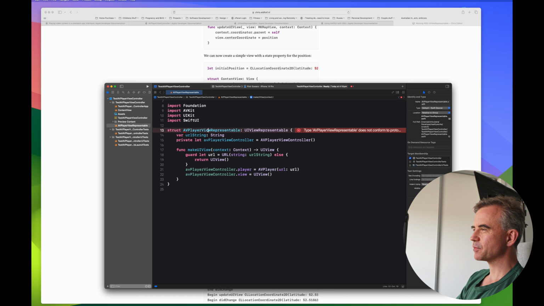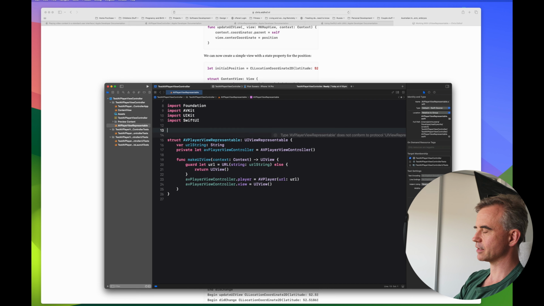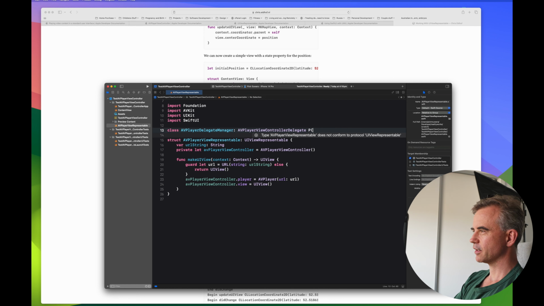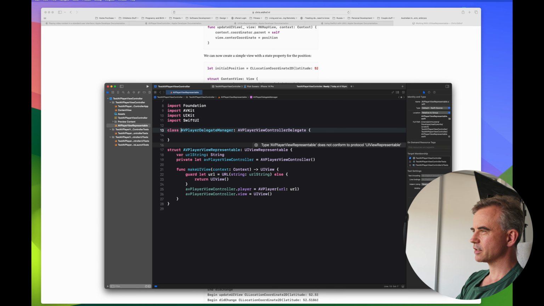And in this case is an interesting one because we do need some kind of class to handle the delegates. In this case, we can't use a struct to handle the delegate objects. So we'd almost need to create another class. I don't normally do this, but because we're just testing stuff out, we've got AV player delegate manager, the AV player view control delegate, right? The class object, just implement